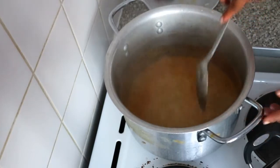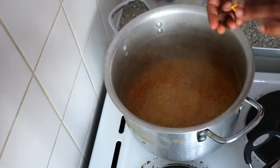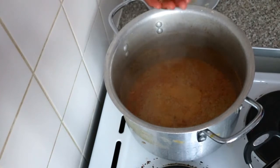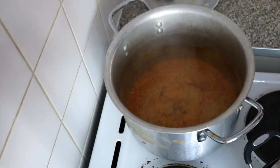Once again, keep stirring. Don't leave it to cook too much. One way to know that your egusi is ready is when you have the oil separating a bit from the egusi itself, or coming towards the top,